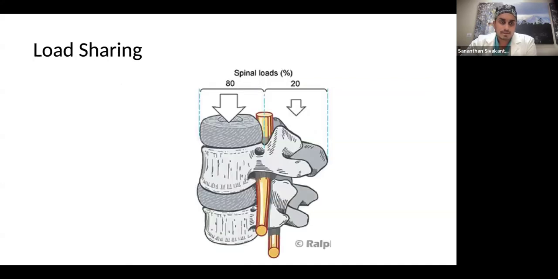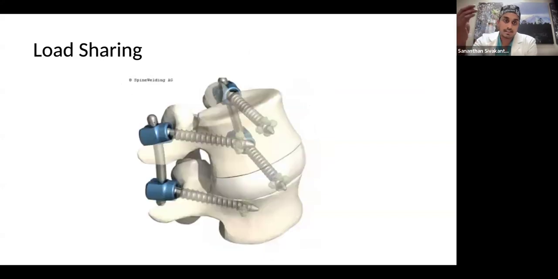When we talk about injuries to the spine, we should also talk about load sharing. In the normal physiologic state, 80% of the load is absorbed by the anterior and middle column of the spine, whereas 20% of the load is weathered by the posterior elements. This obviously changes with different pathologies, and specifically in pedicle screw instrumentation,